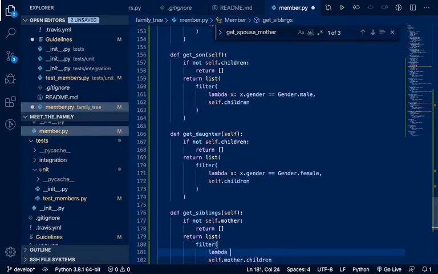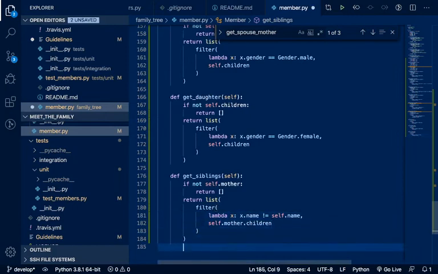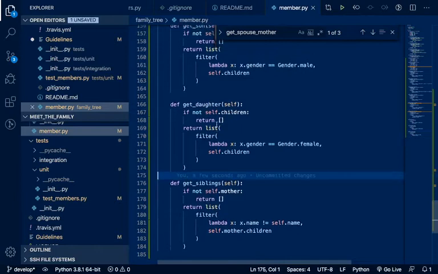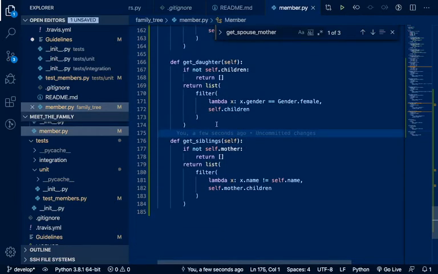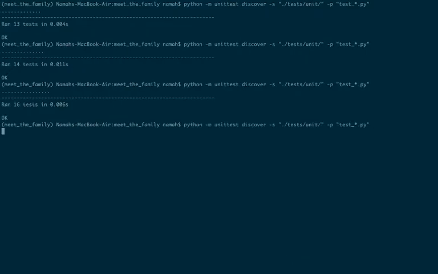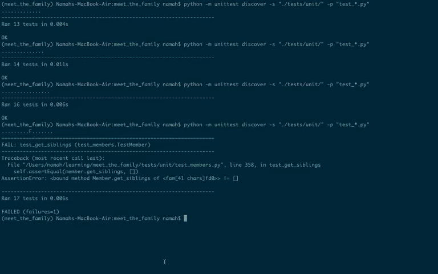The only thing that we're checking is x.name should not be equal to self.name. Everything other than ourselves, right? So I hope this passes as well. Bound member of member get siblings of